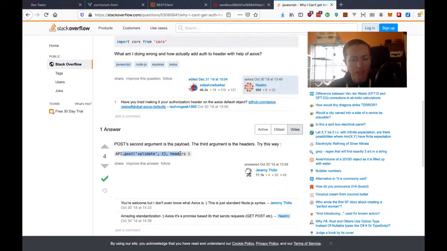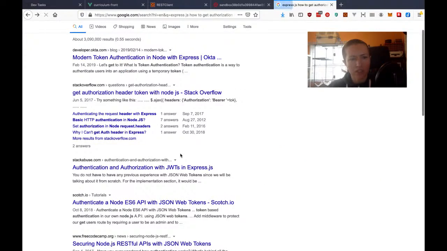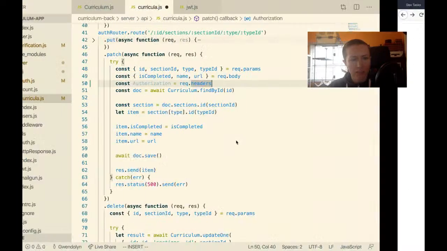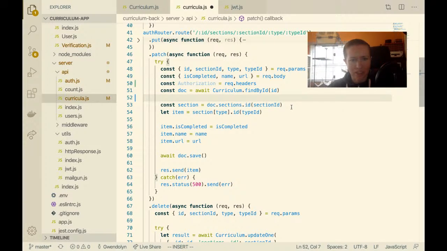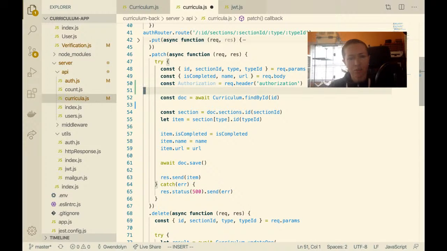Oh, this is on the front end. That's what he's doing. Okay, I'm already setting the headers on the front end. So yeah, let me try what he said with that. I shouldn't assume it's a he. Let me try what they said. Request.header authorization, and then just see if that works. So and then if authorization's there, I'll have to split it, I think. Yeah, let me I guess I could console.log the request,